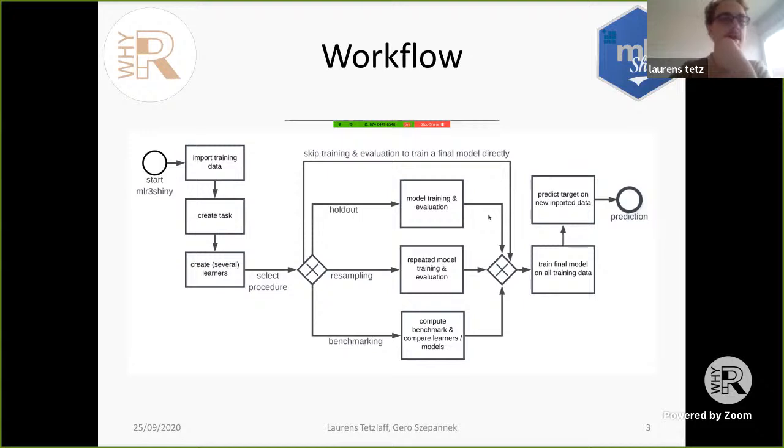So before we take a look at the application itself, I present to you the workflow. You start by importing your training data, and then you create a task. The task can be, let's say, a classification task or a regression task for supervised learning. And to solve this task, you need to select certain algorithms called learners to solve your machine learning project. These are the basics, the core building blocks, let's say, for the machine learning process. And then you have a range of